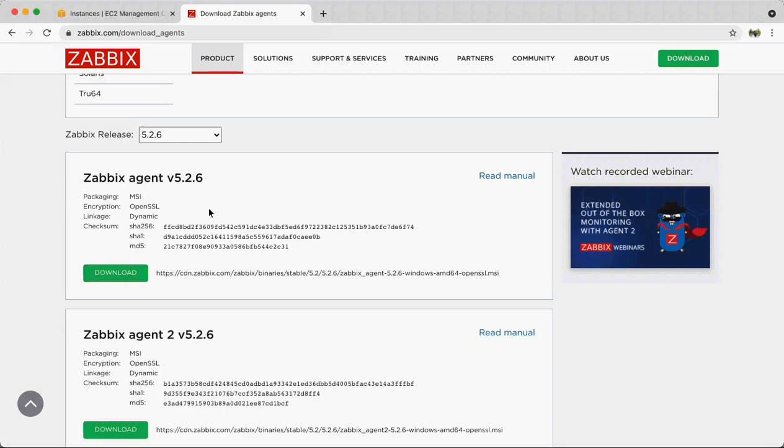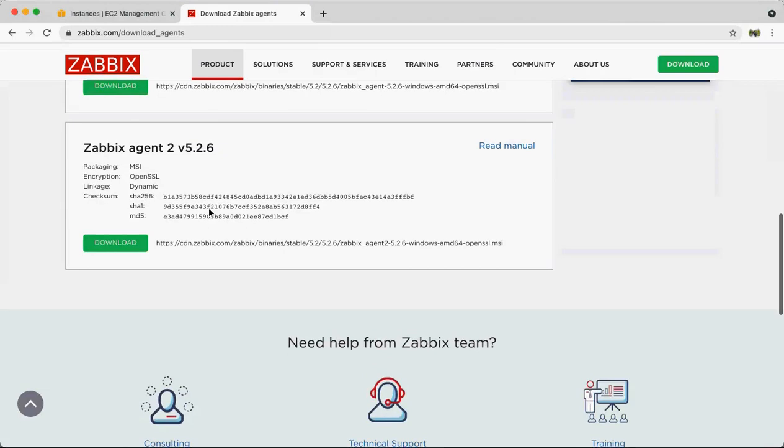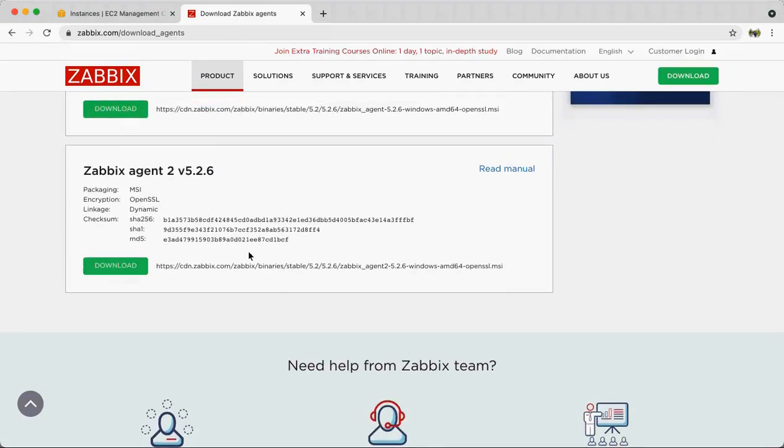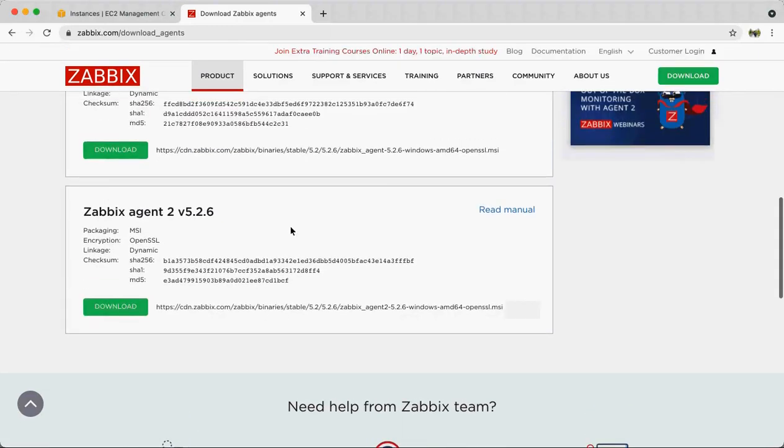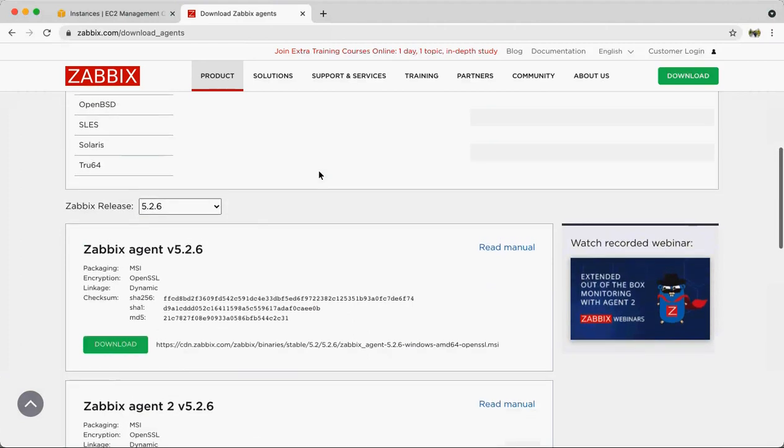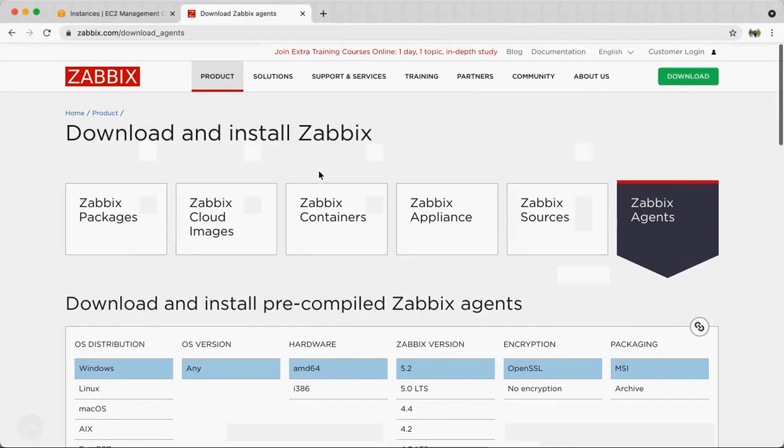Otherwise, you can also download the software and compile it. But for Windows, you already have MSI images which you can install and get connected to the server.